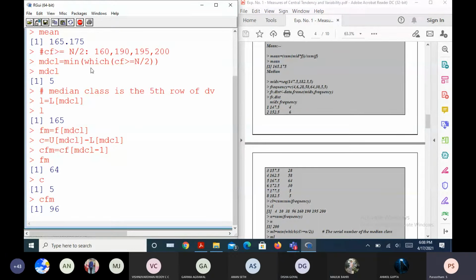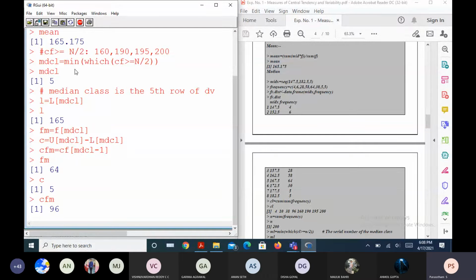If you want Q3, how do you correct this statement? Greater than or equal to n by 3? Sir, 3n by 4. Right answer, 3 times n by 4, not n by 3.